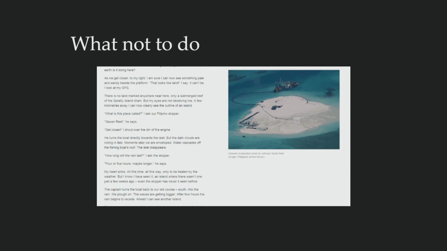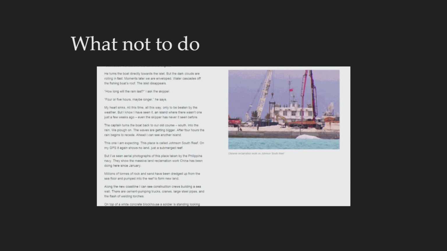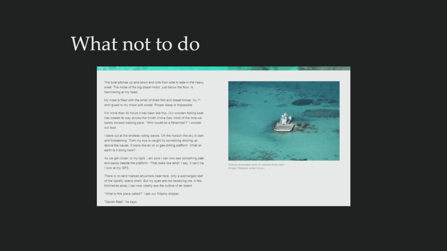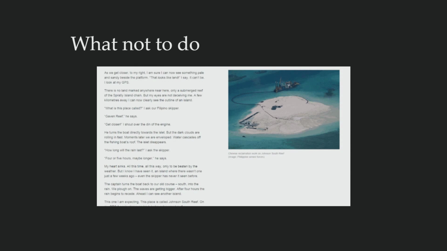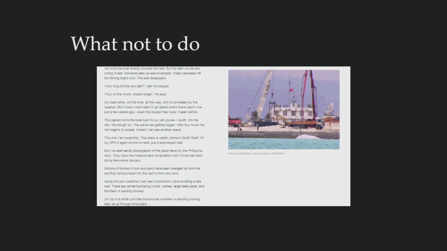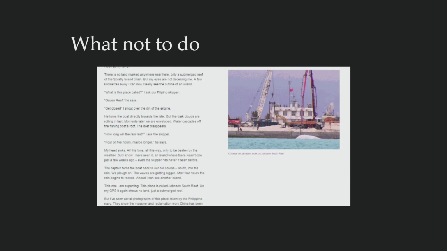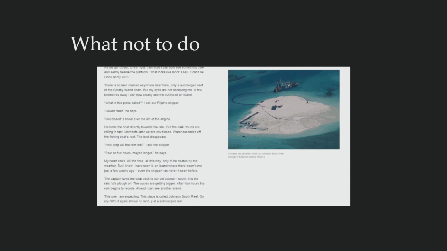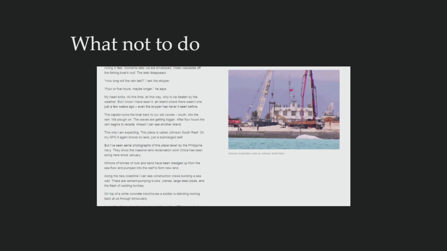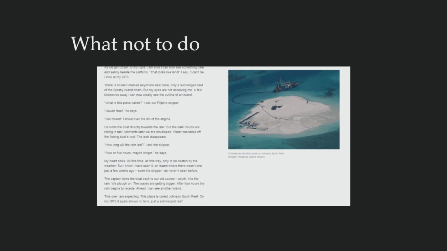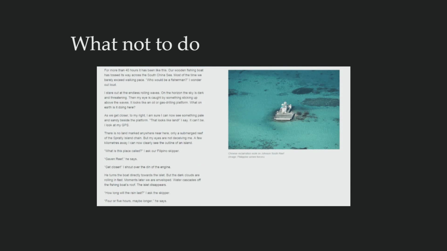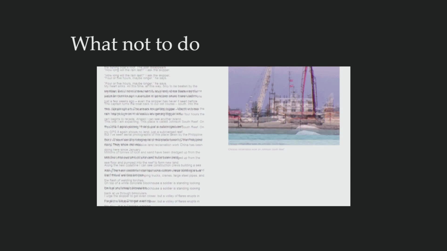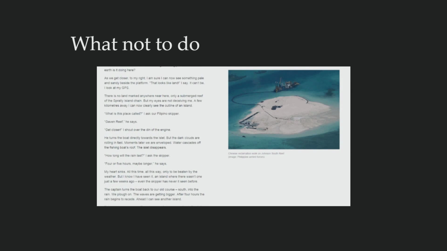So here's an example of what not to do. In this example, the images are indeed related to the text on the left, and when you get to a different section, it changes the image based on the content. But the problem is that the transition from one image to another is very abrupt. It stops the user from reading, and makes them focus instead on the image. So it doesn't fulfill its purpose, because as the user is reading, you want them to understand your thought. You want them to be reading the actual article. You don't want them to focus on something else and stop their train of thought, but this abrupt change forces them to do just that.